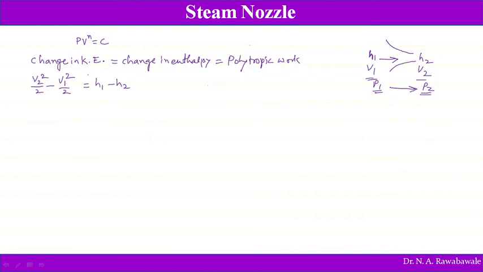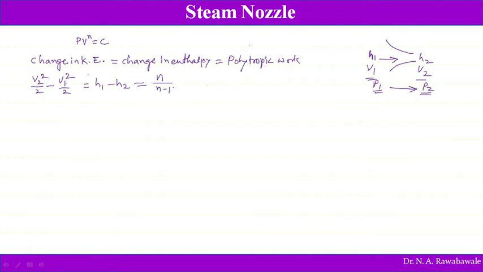Initially the enthalpy is H1, finally it is H2, which is less. But the kinetic energy at the inlet is less and at the outlet is more. Initially enthalpy is more and kinetic energy is less. Finally enthalpy is less and kinetic energy is more, and that is equal to the polytropic work done,